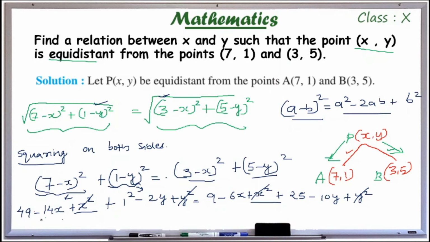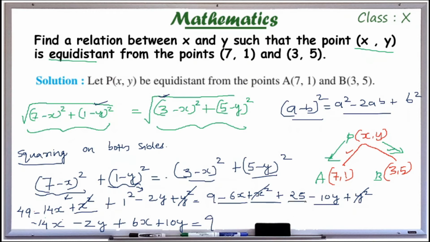So minus 14x minus 2y. So I have to move this minus 6x from the right side to the left side. When it comes to the left side, we get plus 6x. Then minus 10y becomes plus 10y is equal to, no other x and y terms,